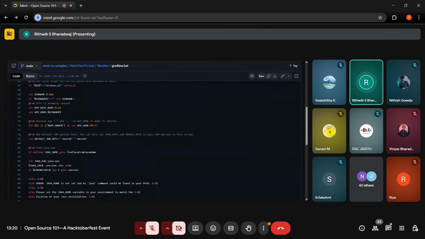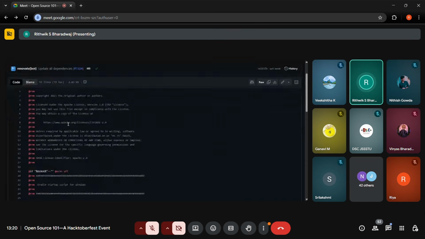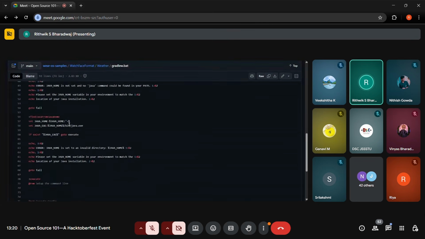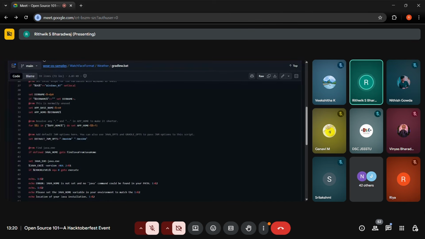And Google is not the only company that does this, right? Even Meta does this. Meta has a front-end library called React.js. So you can go and contribute to React.js or React Native, for example. I'll show you how to find issues to contribute to as well. But this is how you find publicly available code. You can go into this, you can read this code. I'll show you how to make a contribution as well.